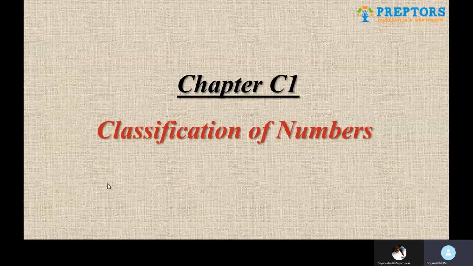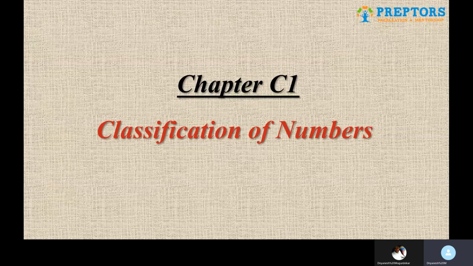Hi everyone, we are starting with a new module which is module C, and in that module the first topic that we are doing is basically classification of numbers. Now module C and D will be classified under a broader umbrella of number system or number theory, in which we will see topics like classification of numbers, HCF, LCM, divisibility, progressions, then factors, multiples, set theory, logarithms, surds and indices, remainder theorem, algebraic expression, and stuff like that. So let's start with C1 today.